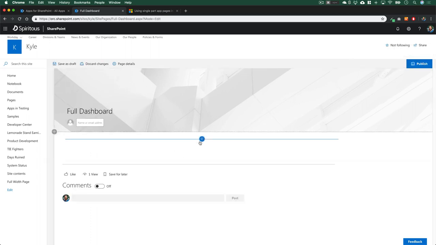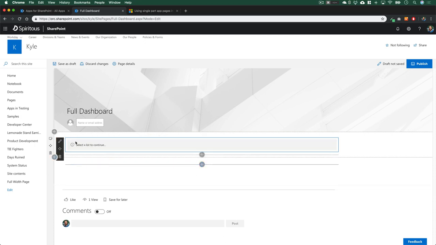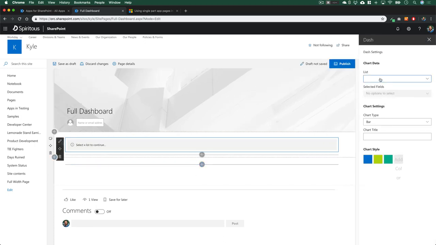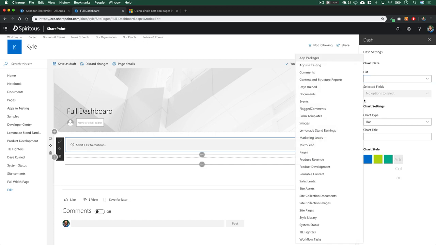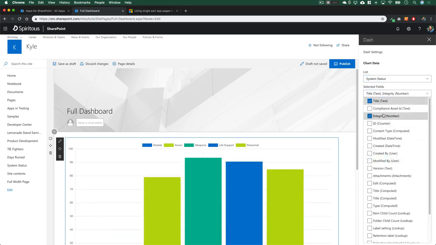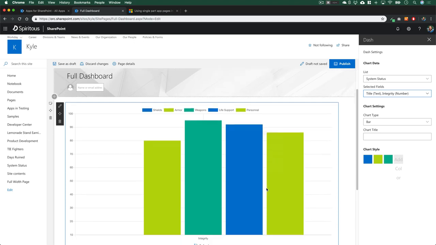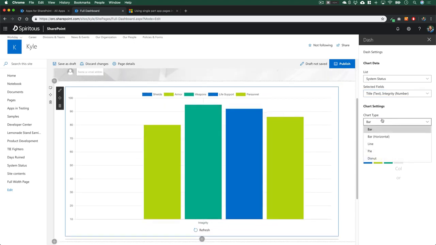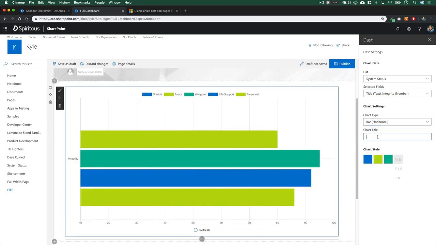And the next step is just go ahead and configure your new web part. We'll add a dash web part here and just configure your single app page web part however you would want to configure it once you have it converted into a full page app. So in this case, we will choose a list called system status. I'll add a couple columns to this list. We'll have it just be a really simple bar chart. We'll do horizontal bar,